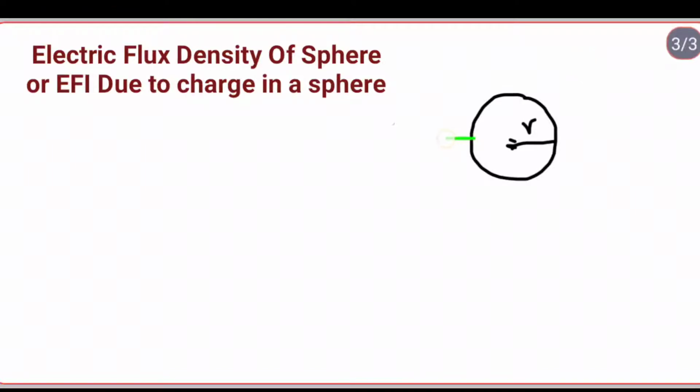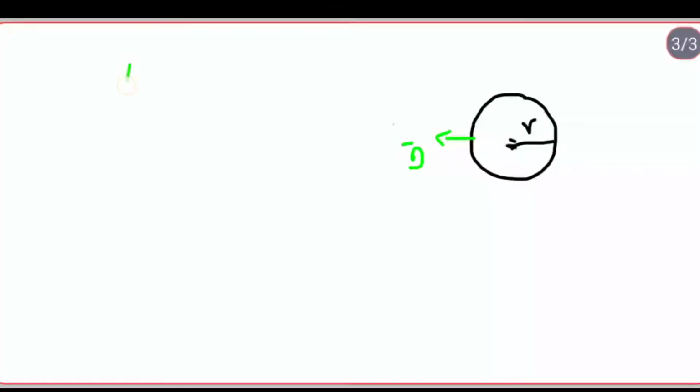For a sphere of radius r, assume that the electric flux density D bar is in the radial direction, so it is always ar. Assume the spherical coordinate system. What are the spherical coordinate system coordinates? r, theta, phi. For example, let D bar equal Dr. Therefore the electric flux density D bar can be written as,